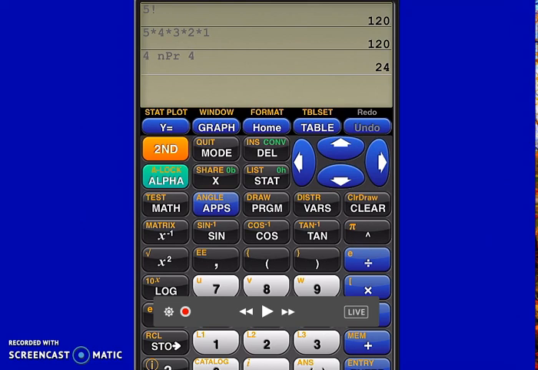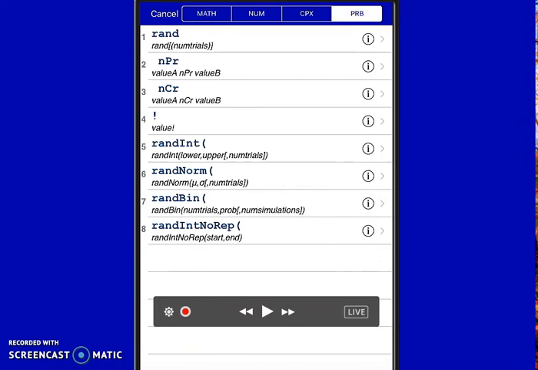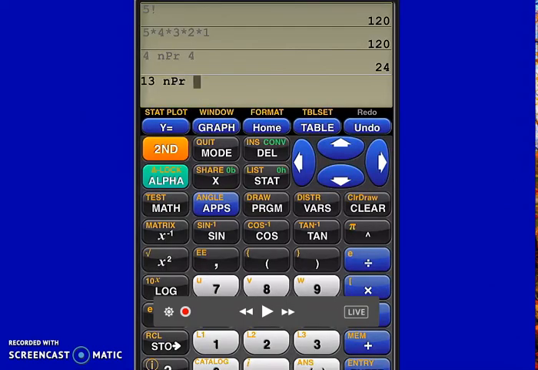go over to PRB for probability. So 13 PRB, we're picking... Make sure you always start with the higher number, because you can't pick 13 from 6. You can only pick 6 from 13. So you always want to start with the higher number. You're starting with what you're picking from. So 13P6